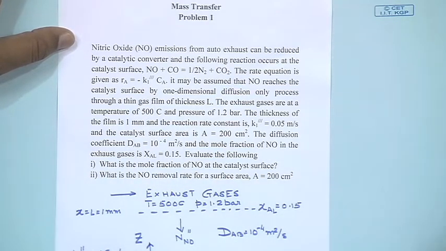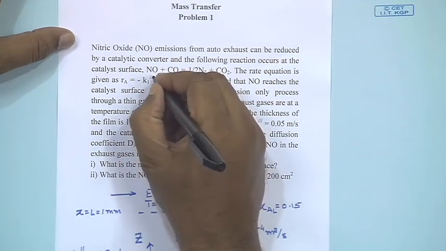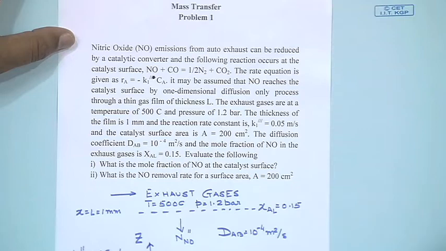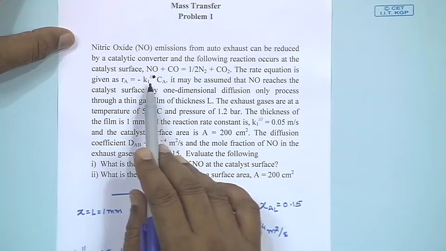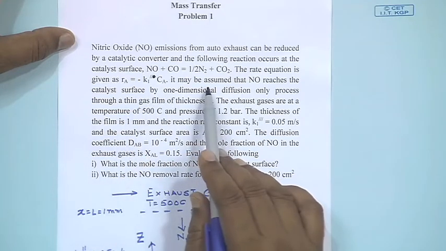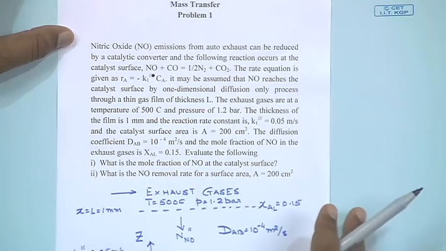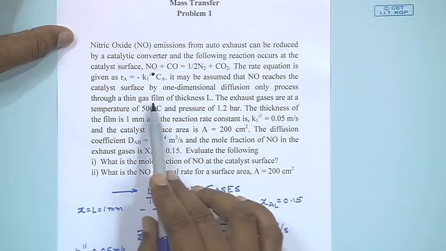It should be double prime, not triple prime. Since it is a heterogeneous reaction, by our convention, the reaction rate constant has 2 primes on it, showing that it is a heterogeneous reaction taking place only on the surface of the catalyst. It can be assumed that NO reaches the catalyst surface by a one-dimensional diffusion only process through a thin gas film